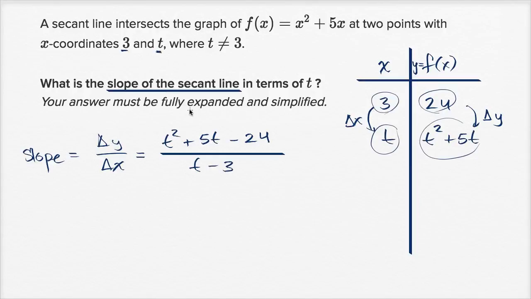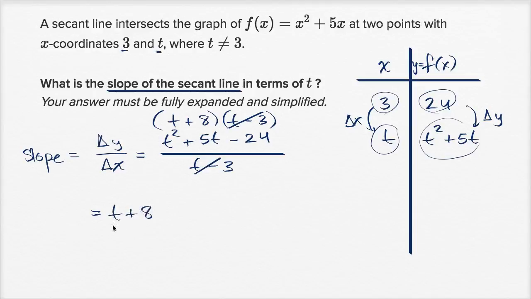Now they tell us our answer must be fully expanded and simplified, so maybe there's a way to simplify this a little bit. Let's see, can I factor the top into something that involves a t minus 3? In the numerator, negative 3 times positive 8 is negative 24, and negative 3 plus positive 8 is 5. So we can rewrite this as t plus 8 times t minus 3. And if we cancel out the t minus 3s, or divide the numerator and the denominator by t minus 3, it's going to be equal to